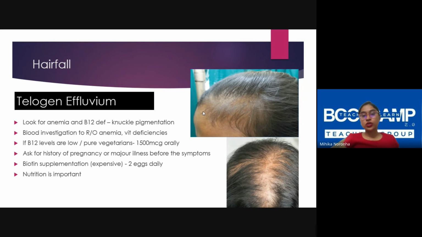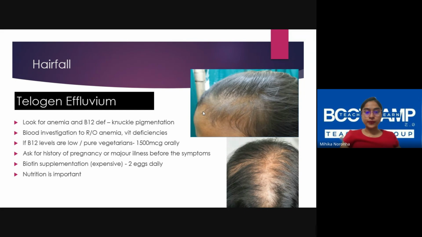Second thing, that second picture you're seeing, which is female pattern hair loss, or the androgenetic alopecia. One of the newer correlations we found is with the use of artificial protein supplements. They contain whey proteins, which are branched chain amino acids, which can cause a metabolic imbalance. Okay. So make sure your patients are not on these supplements. Hair fall, small problem. Metabolic diseases on account of this, big problem. Not worth the physique to get diabetes at 30. Okay.